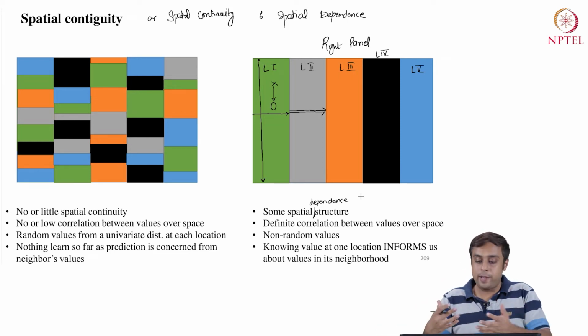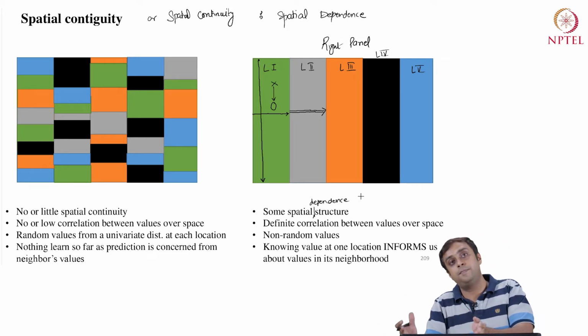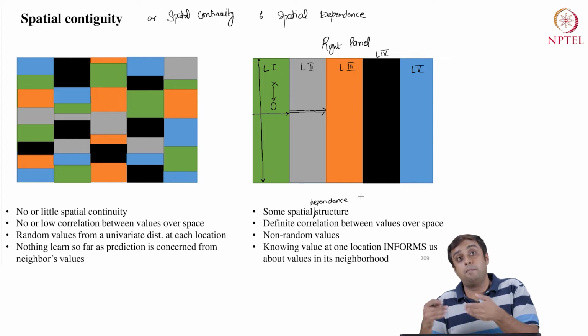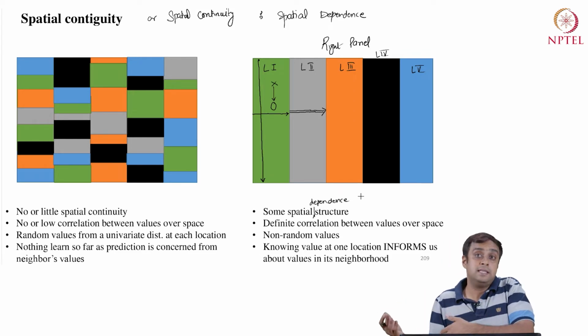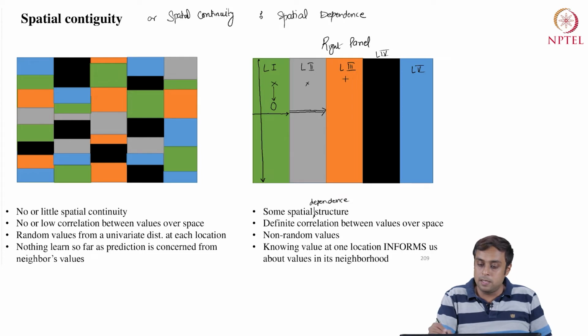So if the world were to exist as in the right panel, it makes my life very, very easy, right? I can take samples in a direction from left to right, and I can find these boundary points, and once I find these boundary points, I'm kind of done, right?